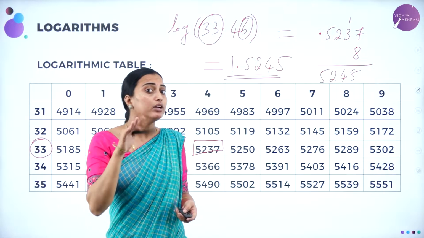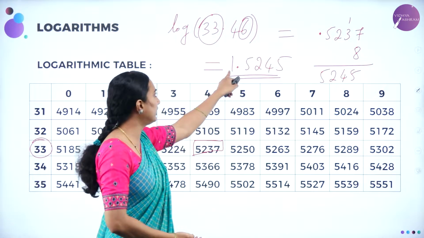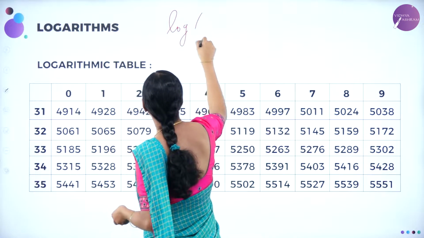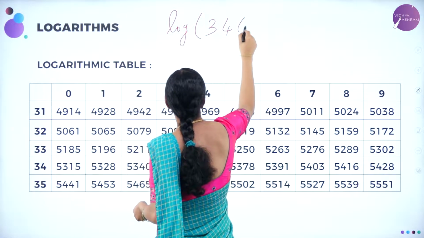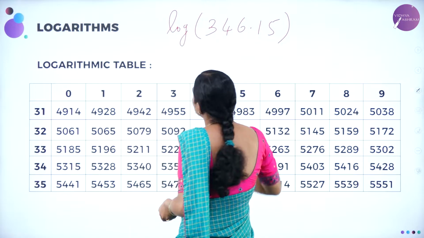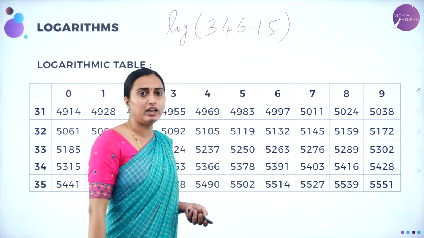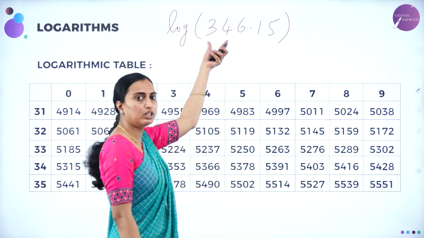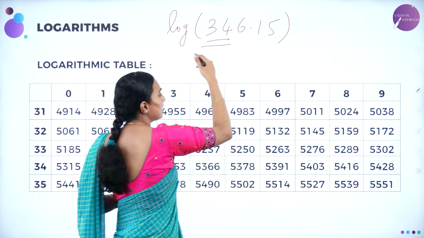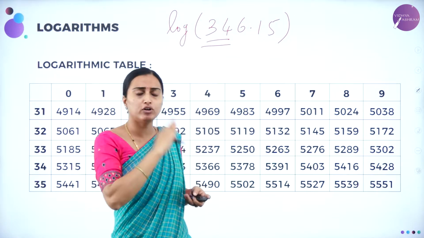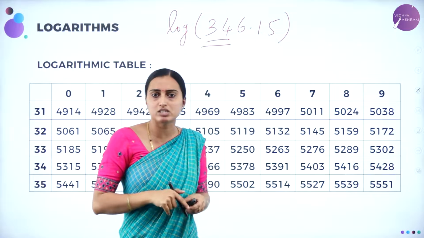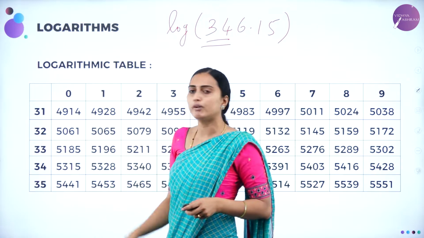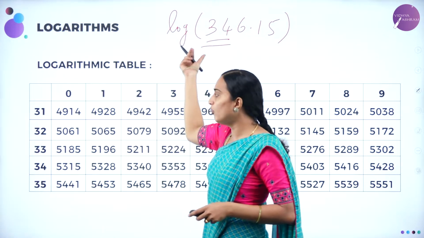Now if I have 3 characteristics, then what do you get here? 2. Okay, that means, for example, if they ask you to find log of 346.15, then together you are going to consider it. So here I am going to take it as 34. 34 means only 2 digits you are going to consider. Whether 3 or 4 or 5 digits before the decimal point, you only need to consider the first 2 digits, because you have the logarithmic table according to that only. From 1 only you are going to have. Here I have taken from 31. Okay, so here 34, where is the 34?